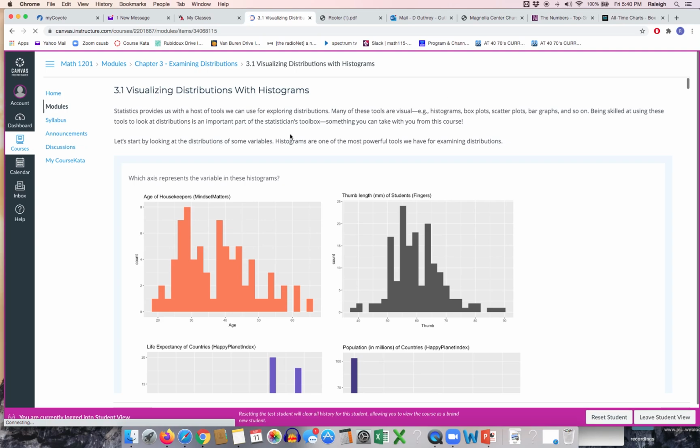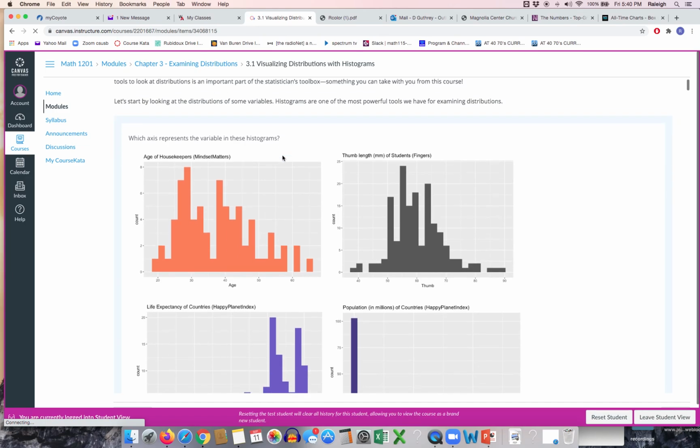And being skilled is really helpful. It's an important part of the toolbox, they say. It's something you can take with you. And we could take a look at some of the distributions of variables, and we're not really getting a lot